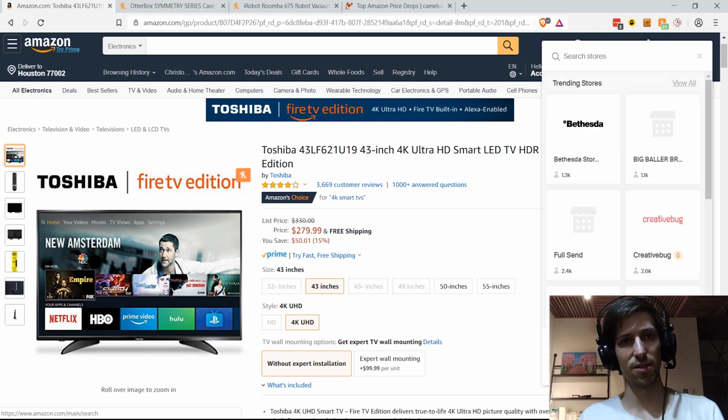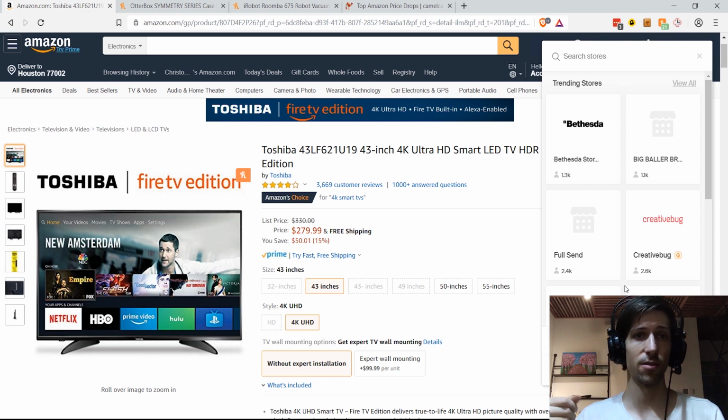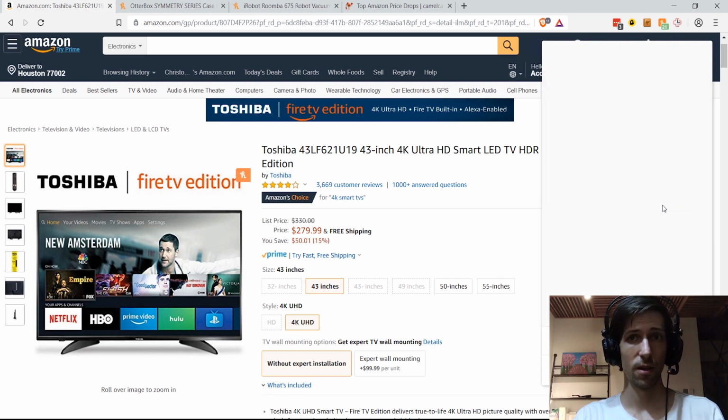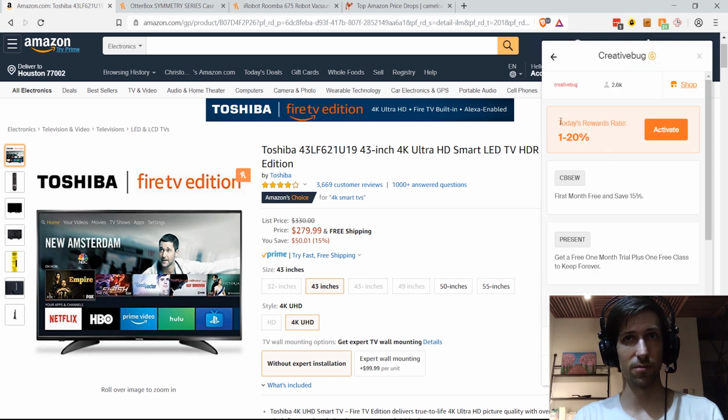Honey is not just about Amazon. It obviously has the Amazon drop list, but there's no drop list for other sites. But if you go to other sites that you would shop in the US, UK, and Canada, there's a good chance that there may be a coupon for that, or actually cash back that Honey sends back into your Honey Gold balance, which you can cash out to things like Amazon gift cards. So any store that you would search here that actually has cash back will show with a little sign here. So you can see here for this site, 1 to 20% rewards rate,